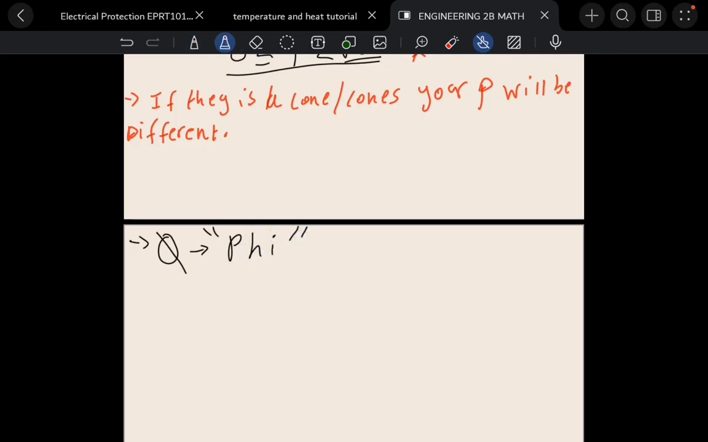What you need to understand about phi, guys, let me draw the